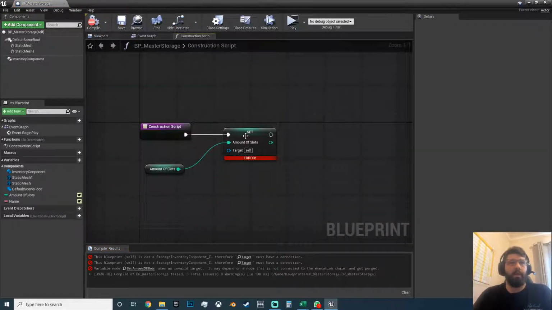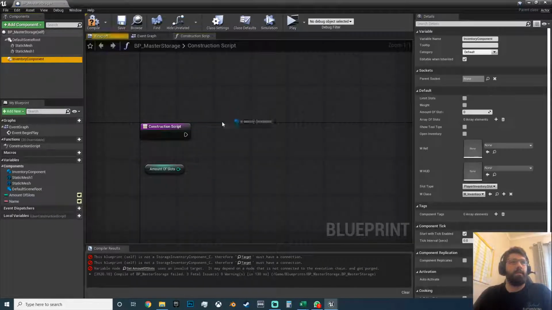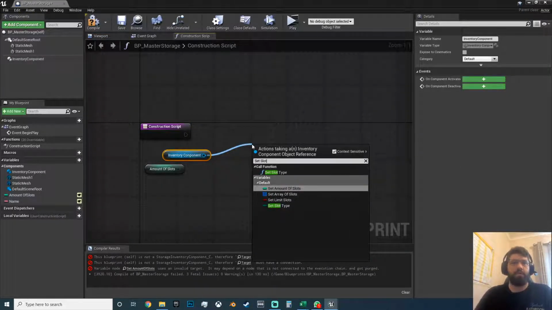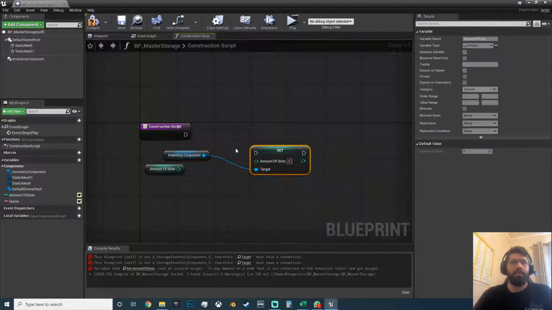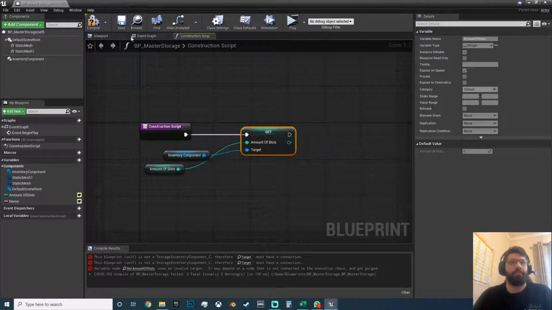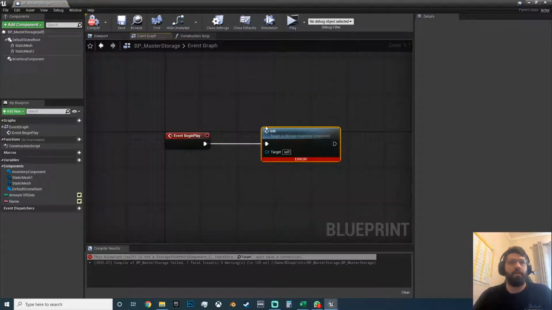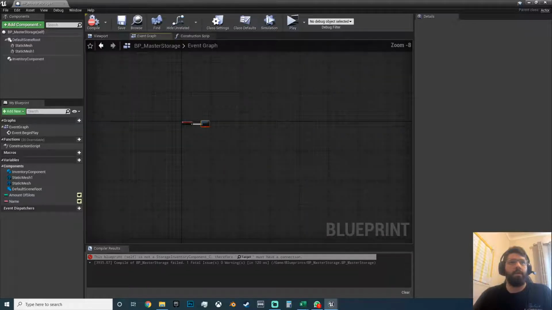And while we're in here, just delete that one, get the new one, set slots, or set amount of slots, drag that in for the construction script, hit compile, and there must be another one, begin play, call initiate,